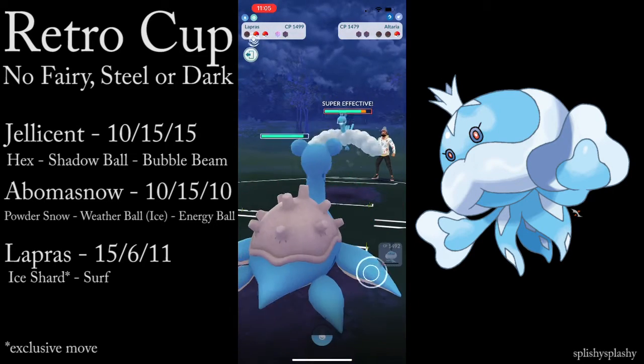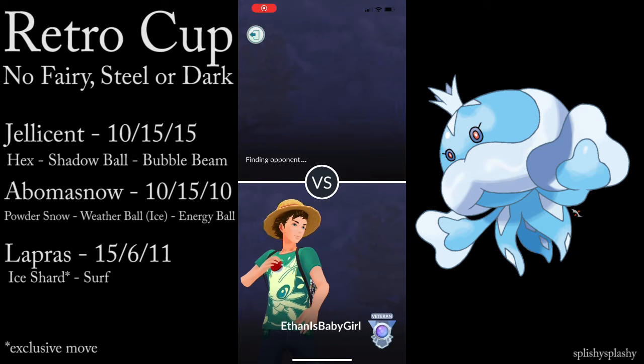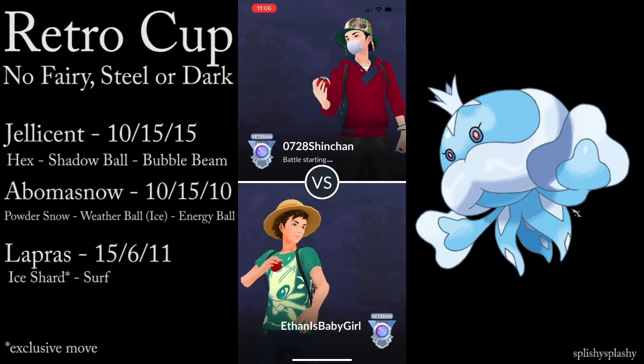Galvantula, and he swaps in an Altaria, and yeah, that's gonna be a good game, just because Altaria is not that good against an Ice type, unless it's Abomasnow. Still, probably